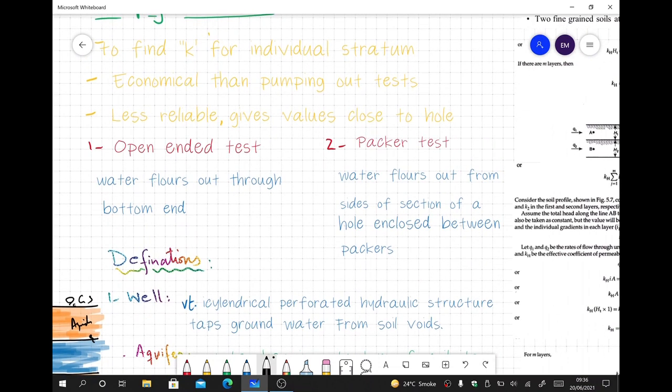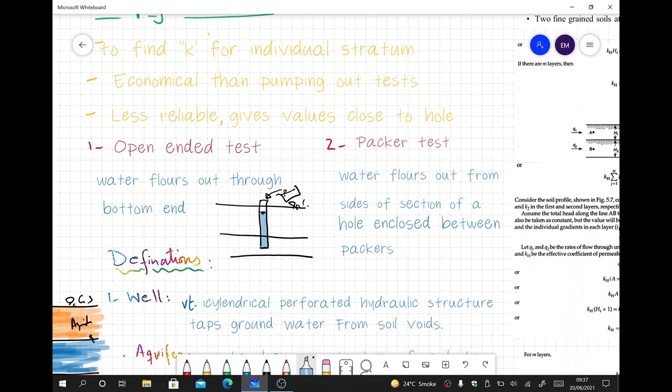So this is the layer, and this is the ground surface. In an open-end test, we will insert a tube. That's a hollow tube, and we will fill it with water. When the water is filled up to a point, let's say up to this point,